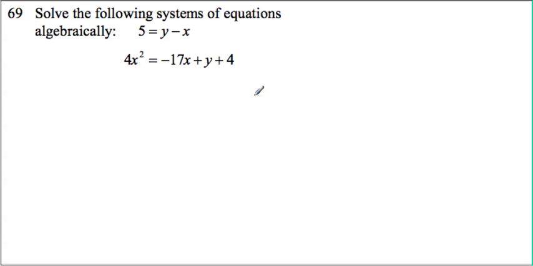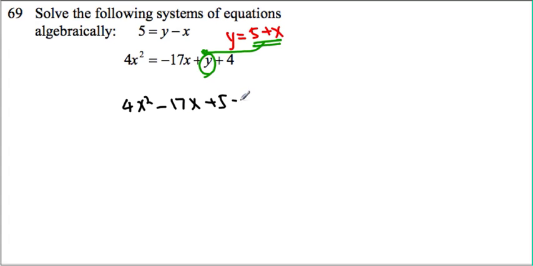Unlike before, since y is equal to each other, in this case we have to solve for y, then you will realize that y must be equal to 5 plus x. In other words, when you see y, which is right over here, you can give 5 plus x in place of y. Then let's see what we end up getting. 4x squared minus 17x plus 5 plus x plus 4. Then, if you combine them together,